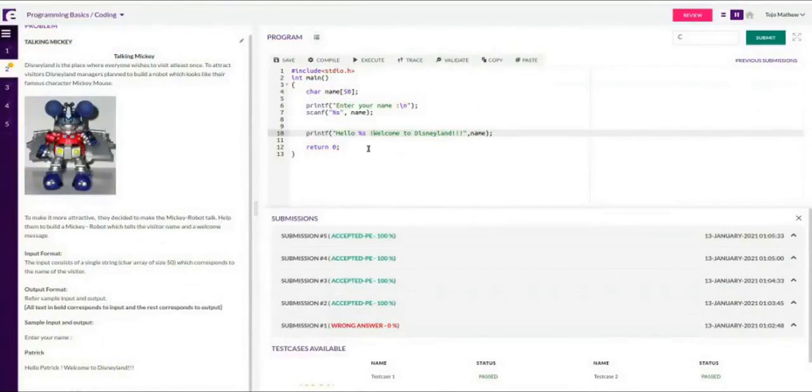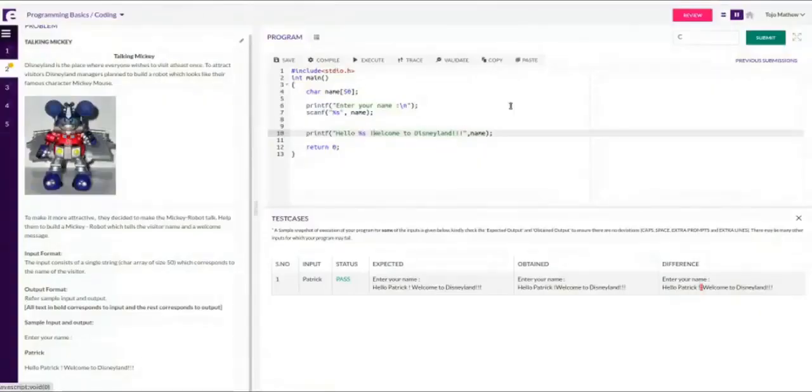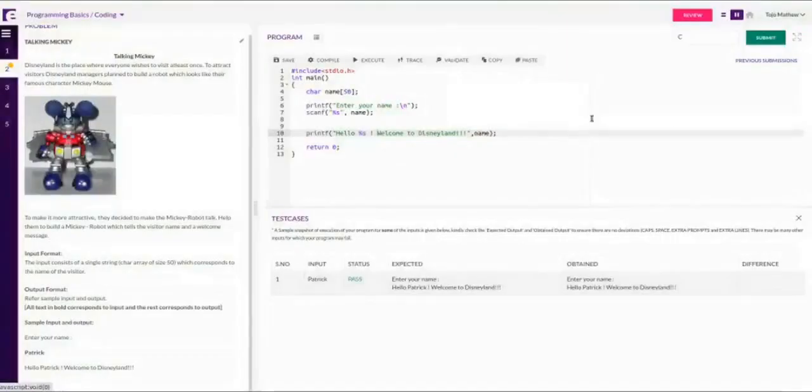Maybe some of you will be able to figure it out. Welcome to Disneyland. Sir, in the validate section, they highlight the one which is wrong in red. Okay, let us see. Yeah, the space I additionally added was required. Now validation is not showing me any issue, so it is difficult for me to figure it out.